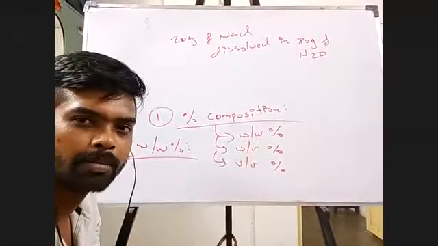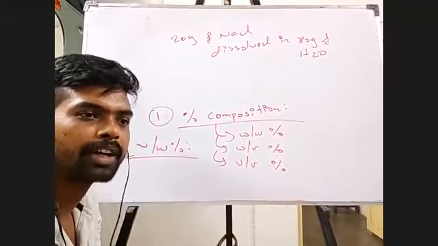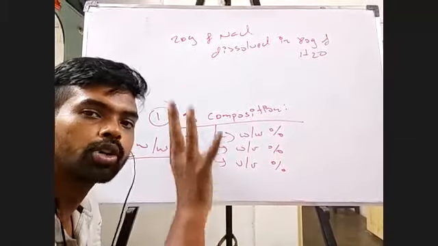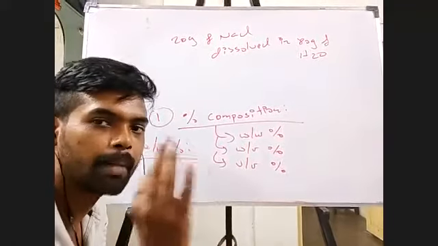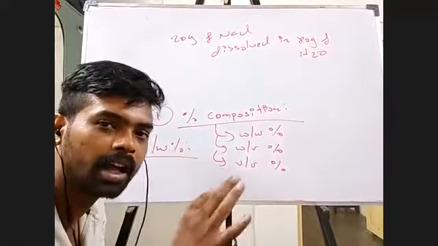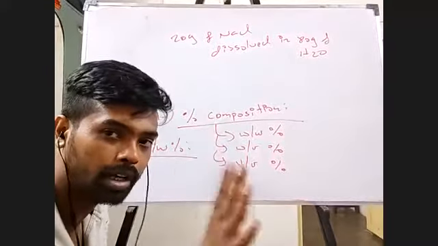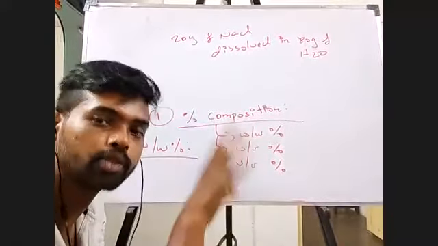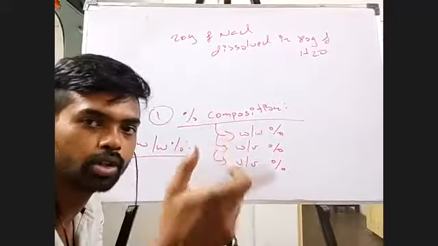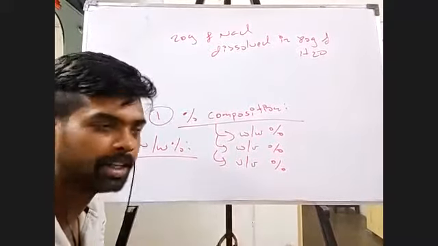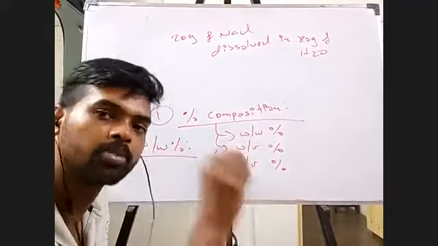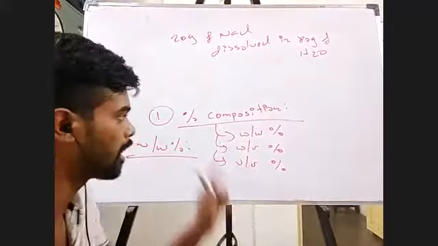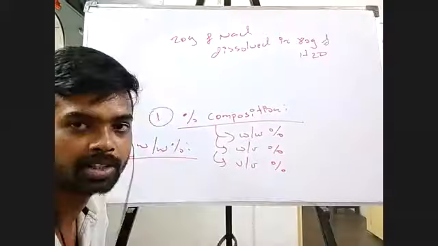Okay, now very simple. Now what did I tell you? Look at the definition: it is the mass of solute present in 100 grams of solution, not only solvent, not only solute, but 100 grams of solution put together, both solute and solvent together, isn't it? So if I have 100 grams of solution, in that how many grams is my solute? That was my mass percentage, or W by W percentage, isn't it?